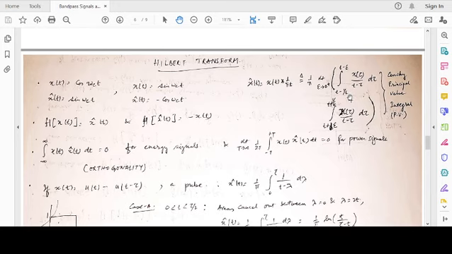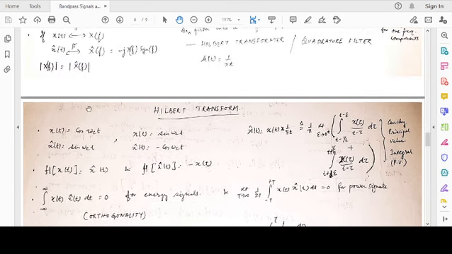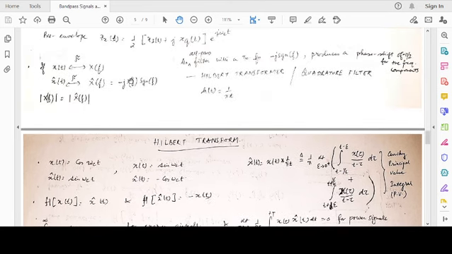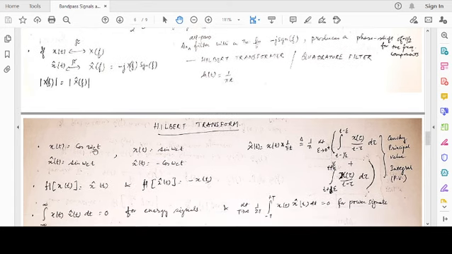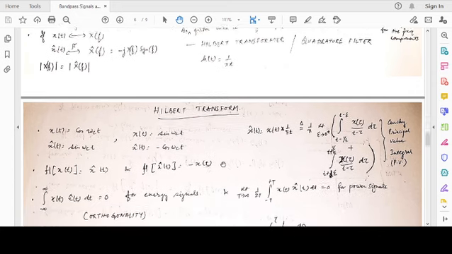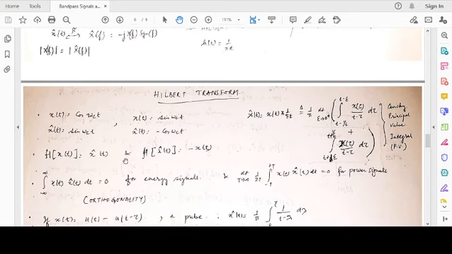using numerical methods. Some of the very important properties: if x(t) is cosine omega ct, x cap t becomes sine omega ct. You just think from the phase point of view. You can just substitute the phase minus j signum f, and you see the spectrum, and it becomes sine. If x(t) is sine omega ct, x cap t is minus cosine omega ct. Again, this can be directly derived from here. If x(t) has a Hilbert transform x cap t, the Hilbert transform of x cap t is minus x(t).